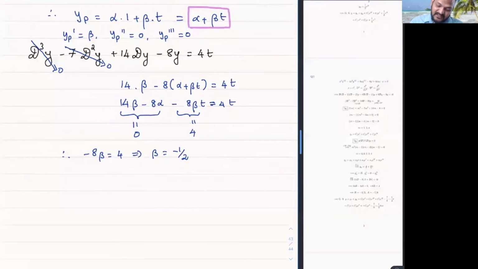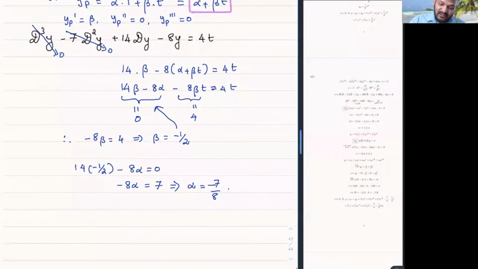And if I plug this in to the other one, the second equation that I have right here, then I have 14 times negative 1/2 minus 8 times alpha is equal to 0. And that tells me negative 8 alpha equals positive 7, and that tells me that my alpha is equal to negative 7/8. And I figured out my alpha